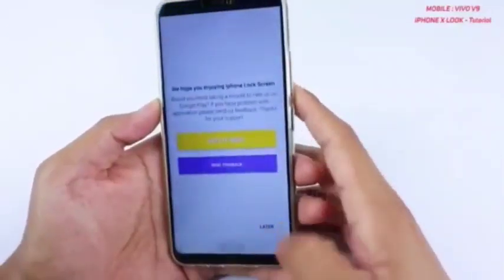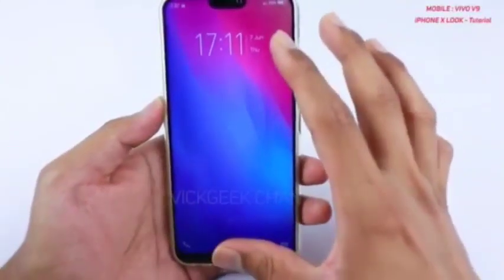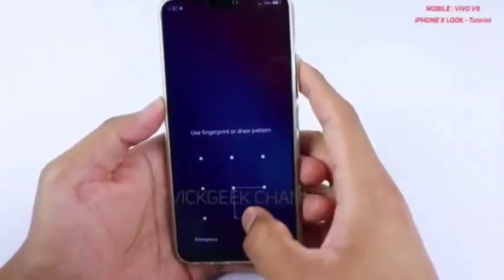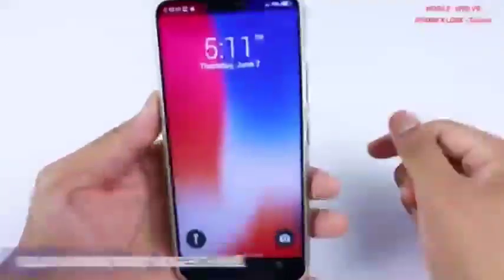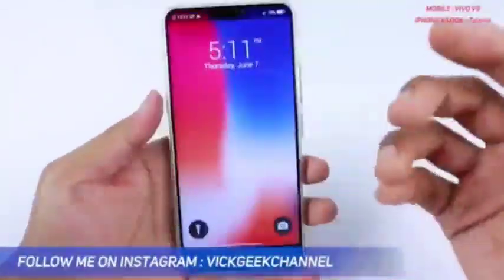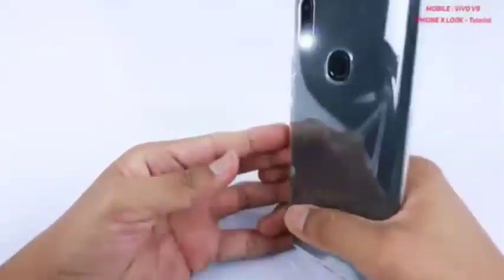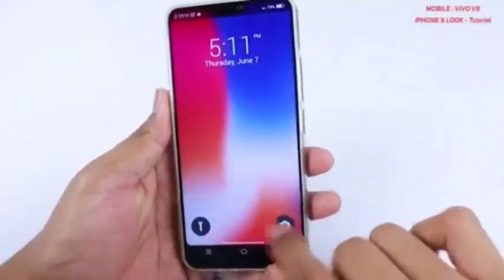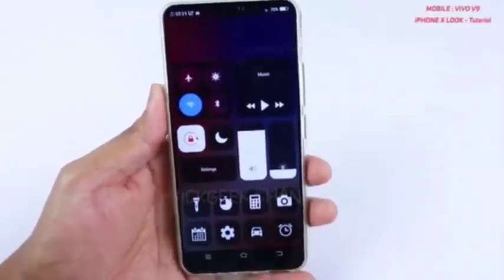Once you go back to the home screen, if I unlock the screen, you see the Vivo default, because I have set the fingerprint scanner. If I remove the fingerprint scanner, it won't be there. Directly you'll get the iPhone X style. So here's the iPhone X lock screen, absolutely similar. If you swipe like this, the torch light will be on, so everything works flawlessly. The camera will get on, and if I swipe down from here, you'll get the fast notification.